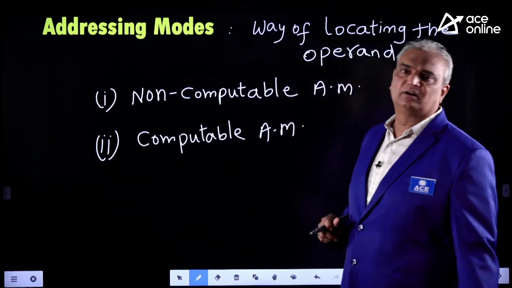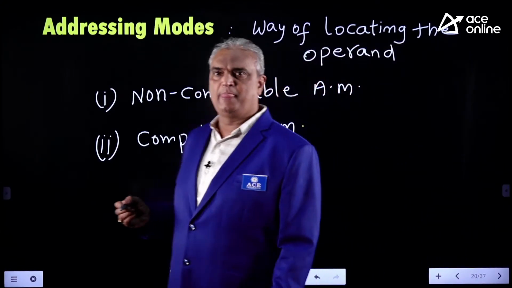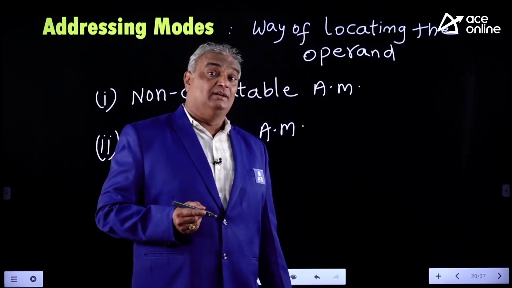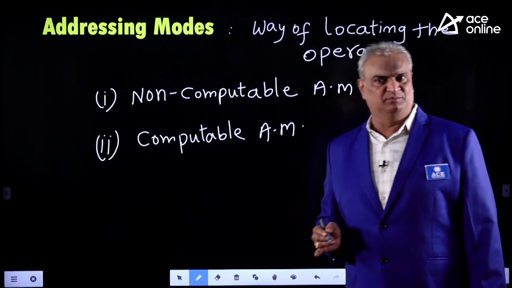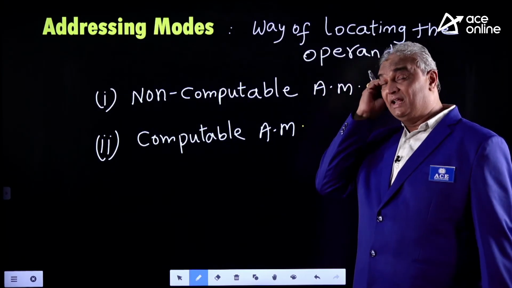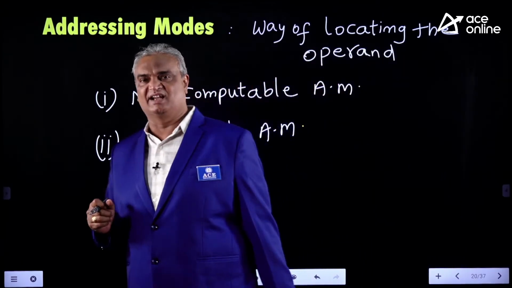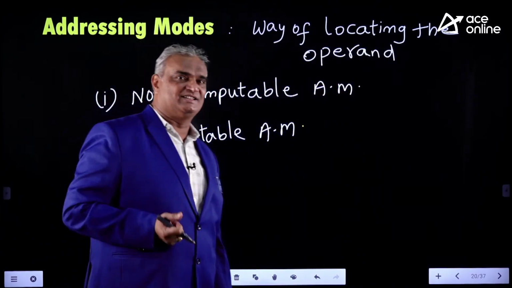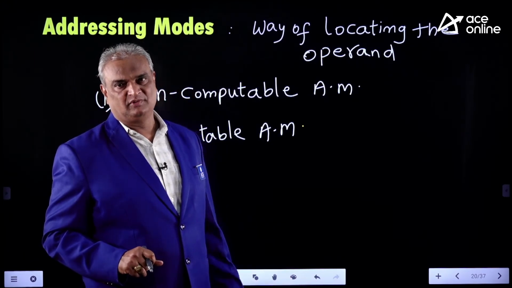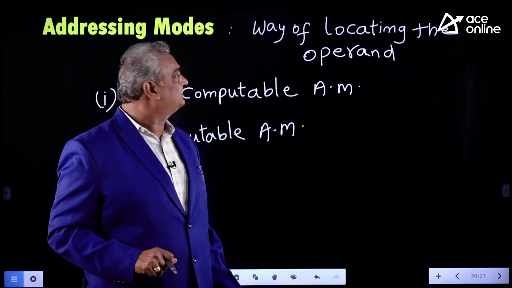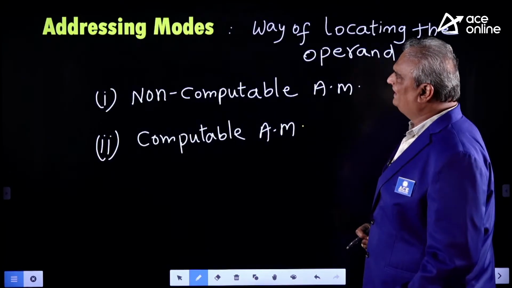What about examples for non-computable? Implicit addressing mode, immediate addressing mode, memory direct addressing mode, memory indirect addressing mode, register addressing mode, register indirect addressing mode. Just this. Next, what are computable addressing modes? Base register addressing mode, index register addressing mode, based and indexed addressing mode, PC relative addressing mode, scaled addressing mode. Okay. Next, in these, the very, very, very important one is